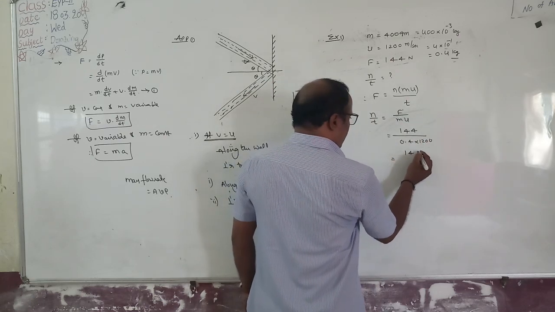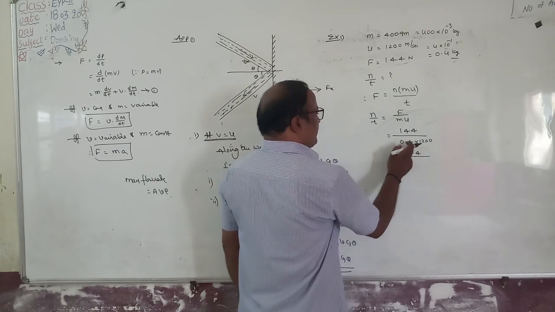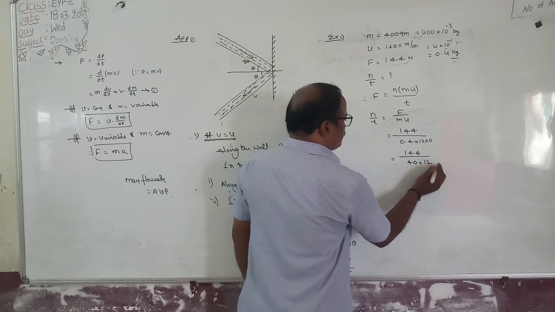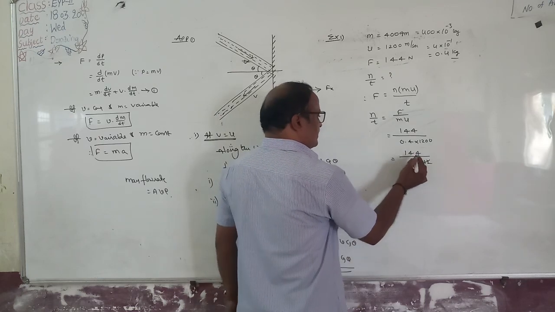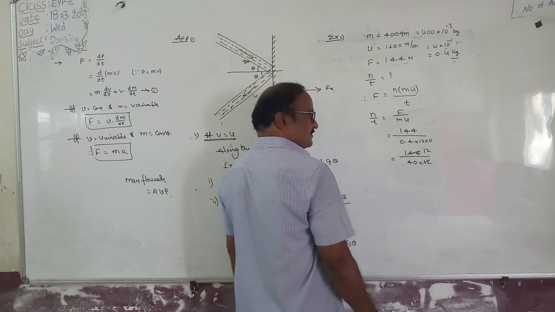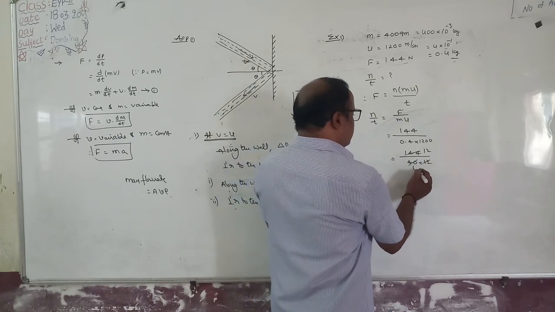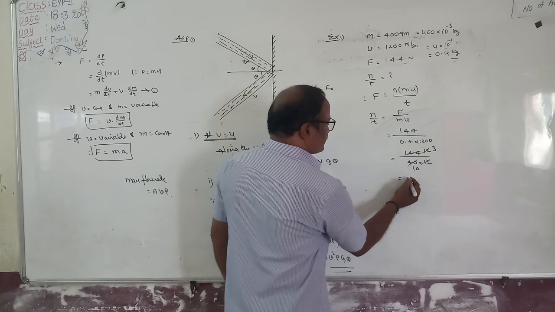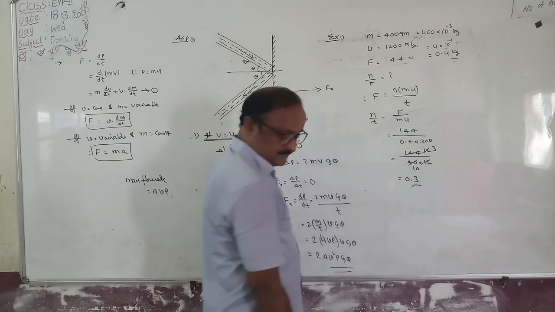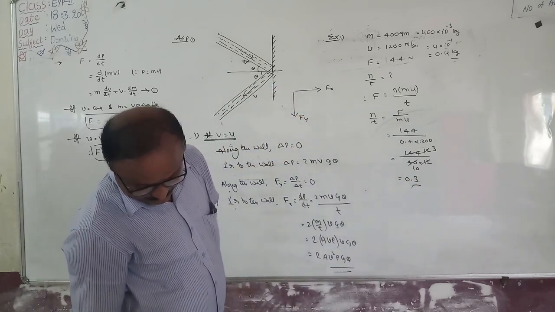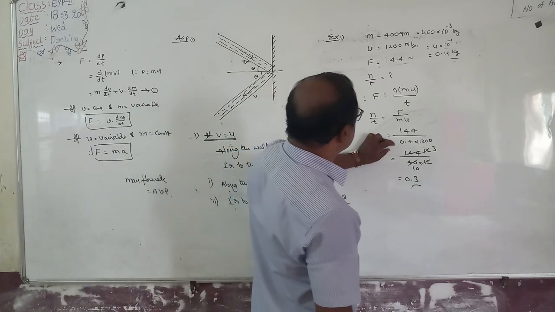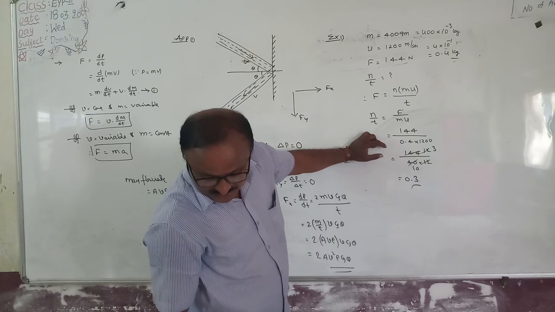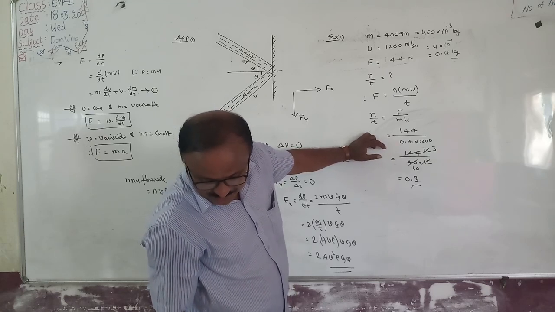This is 144 by 0.4 into 100, which is equal to 40 into 12. 12 ones are 12, 4 tens are 4, 3 by 10 means 0.3. Therefore, sorry, 1200 meter per second, 144 newtons, and the mass of each bullet is equivalent to